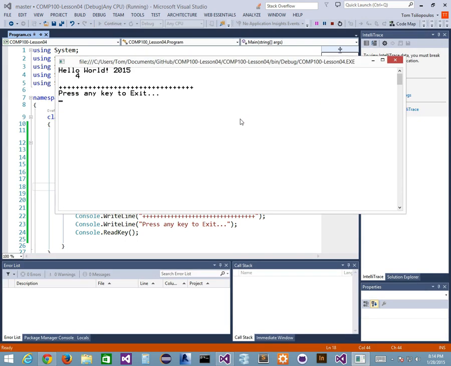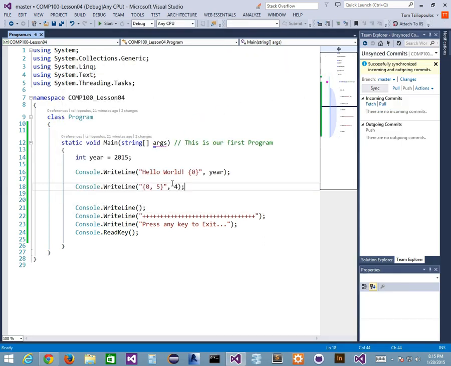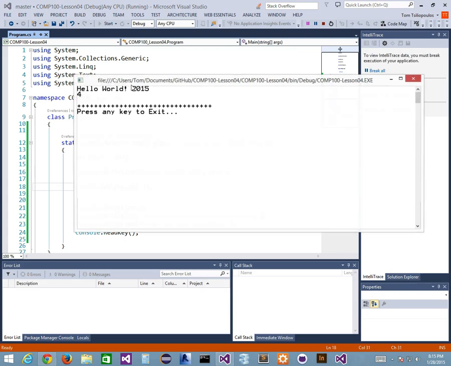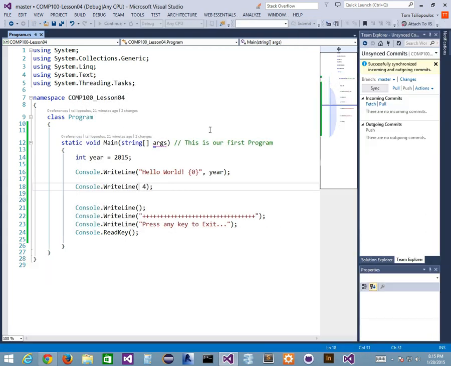Well, there it is. What has it done to my 4? It's there. Hello World 2015. There's a 4 there. But if I didn't have this funky little string in here, I'm just going to erase all this, cut it out and run it. Then the 4 appears here at the beginning of the line. But when I put it in,